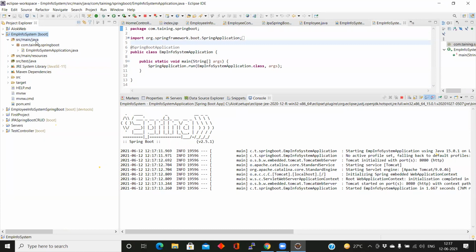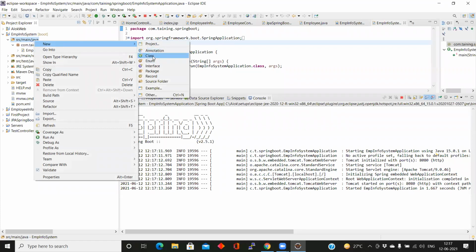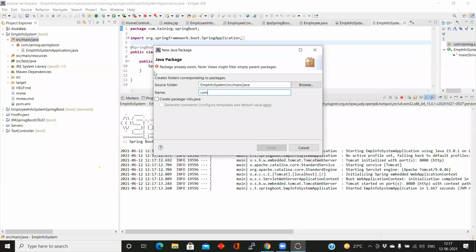We can create a controller. Next, create a package com dot training dot Spring Boot.